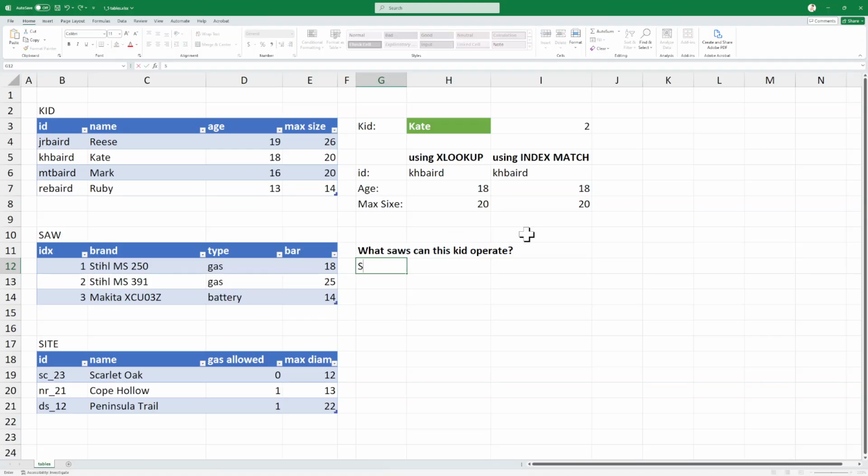All right, well, let's find out. So the way we're going to do this is we are going to start with the max bar size for here, and we're going to use it as a filter here. So let's just explore around this idea a little bit, and then we're going to use a function that's really going to help us. So first of all, if I just looked at the bar sizes in the saw range,